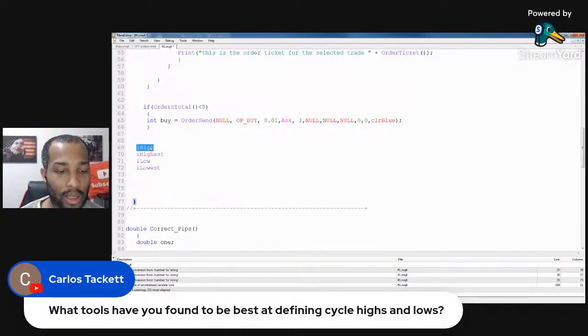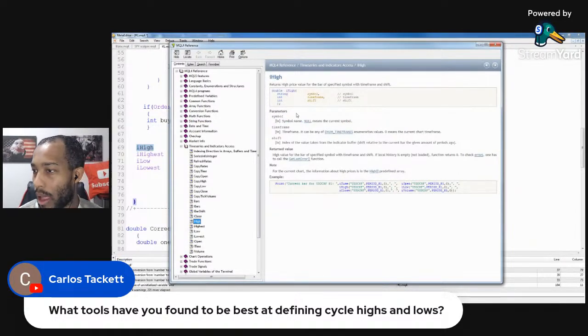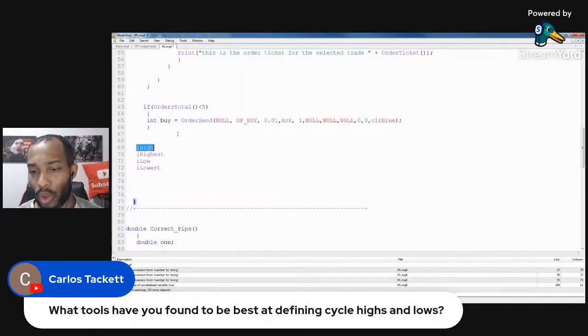So if we hit F1, you can see how it returns the high price on a specific bar. So what that will do is this. If there is 50 candles, okay, we use iHighest to scan back, and it will be like candle 32 is the highest, and iHigh will read you that value in a double if you want it in a double at least,